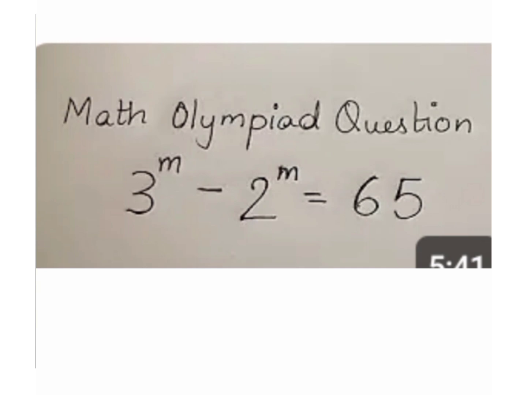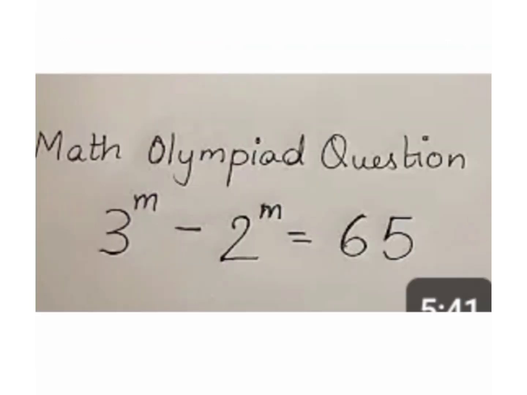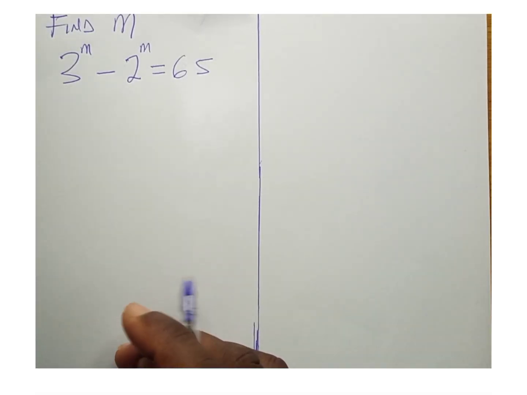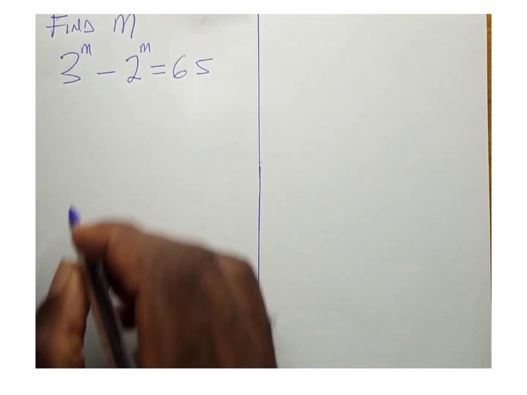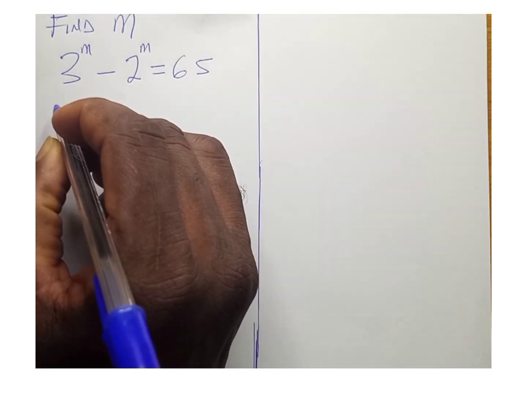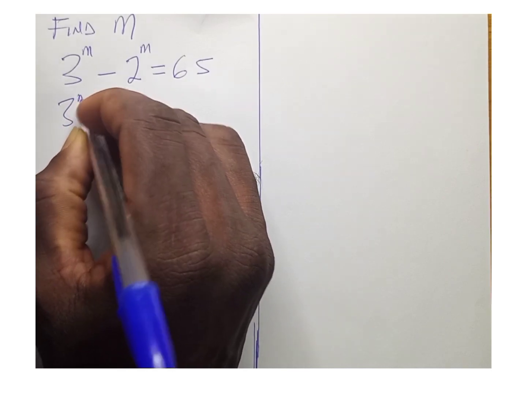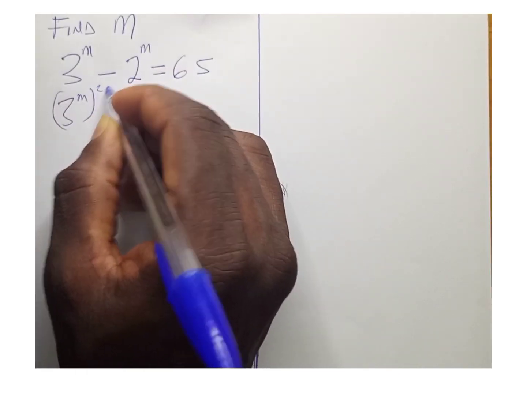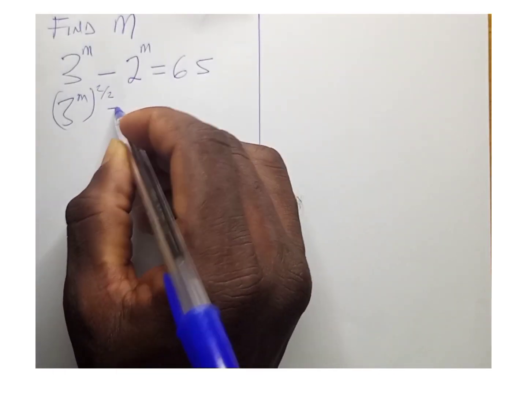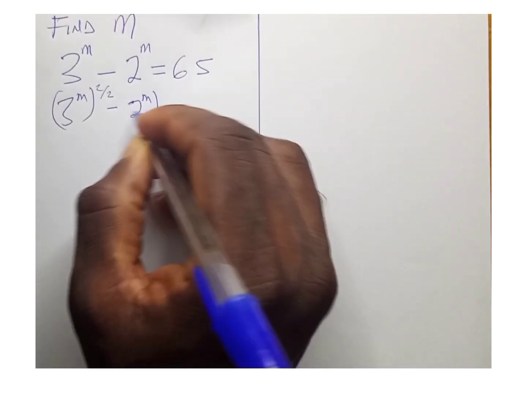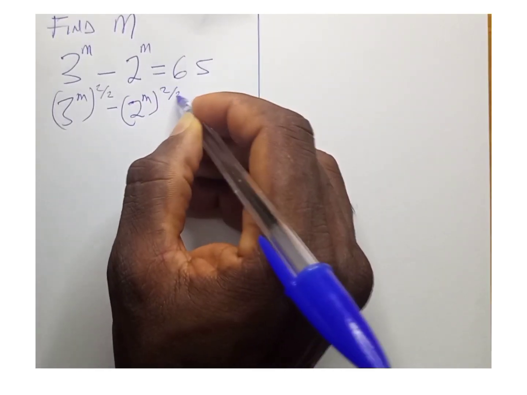We are asked to find the value of m in 3 raised to power m minus 2 raised to power m. So for us to solve this, we can multiply and divide the exponent by 2. That's to say we're going to have here 3 raised to power m raised to power 2 divided by 2 minus 2 raised to power m raised to power 2 divided by 2